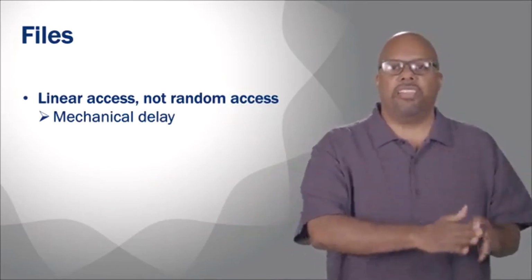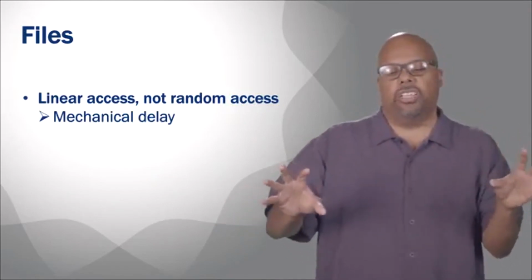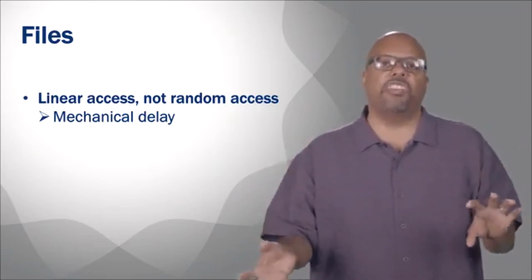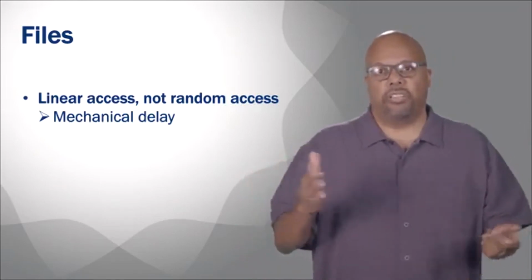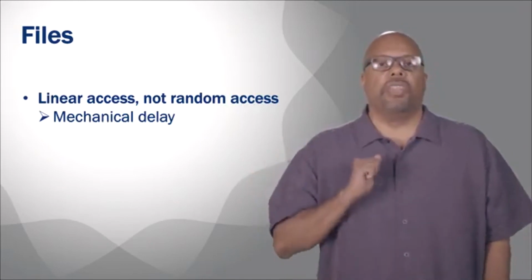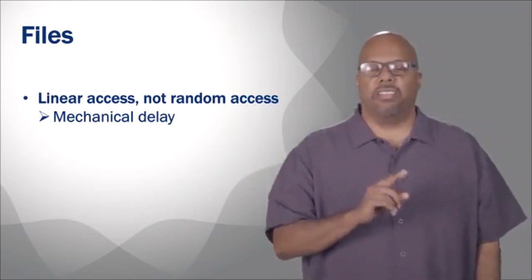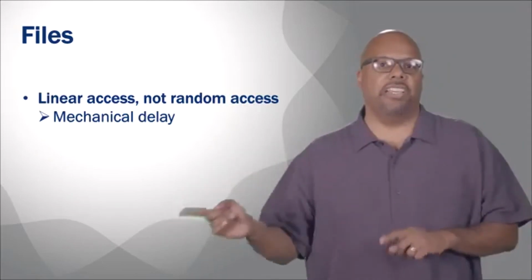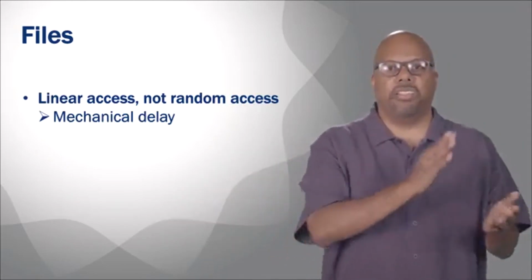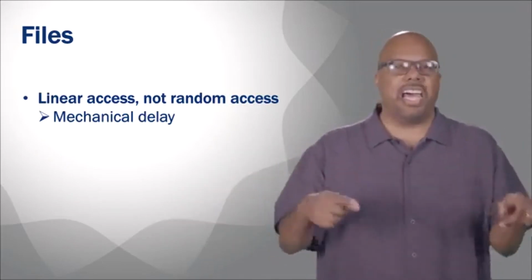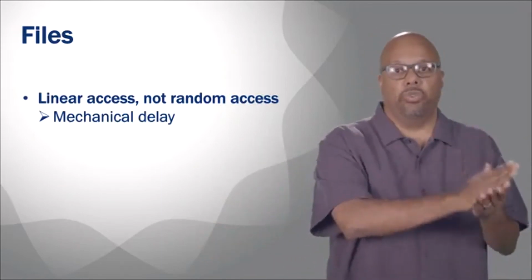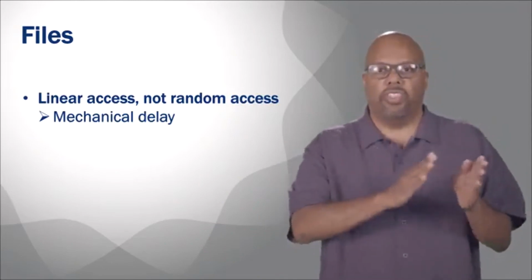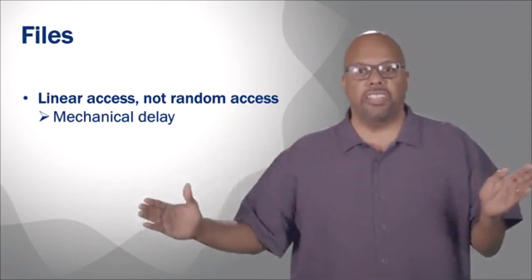So it's always linear access. Wherever the turning limits it, right? There's this mechanical operation of physically turning the tape to access the next piece of the file. So it's always linear access. If you want to access something at the beginning, then something at the end, that would waste a lot of time. The beginning's here, then you take a lot of time turning to get to the end, right? Instead, you read it linearly. You say, okay, I'm at the beginning and I read everything in that vicinity. You read from the beginning to the end.